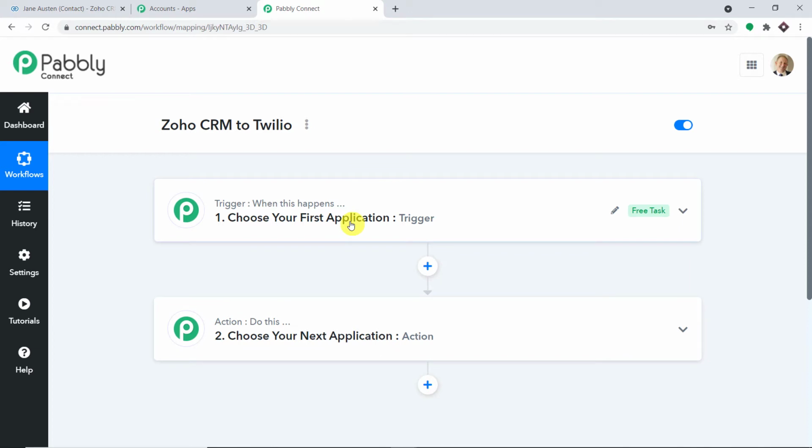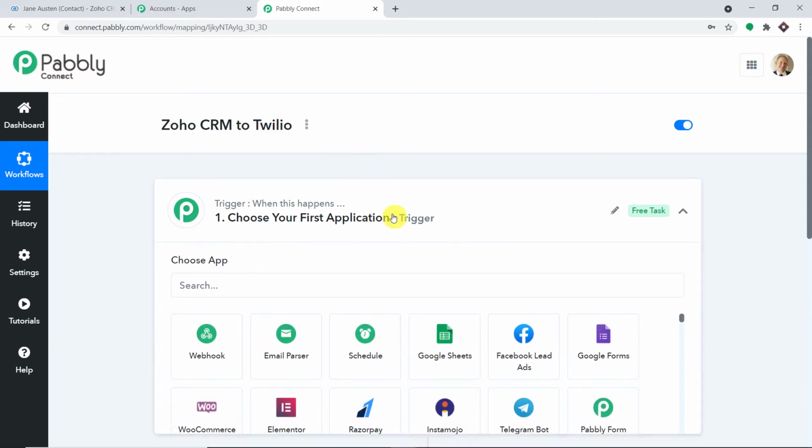What I'm going to do here is, using these two windows, the trigger window as well as the action window, create a workflow to integrate Zoho CRM to Twilio. And there is something else I have to tell you. After we have built a workflow that has integrated Zoho CRM to Twilio, I will make sure the link of this workflow is available in the description box so that you can clone it and directly access it in your account.